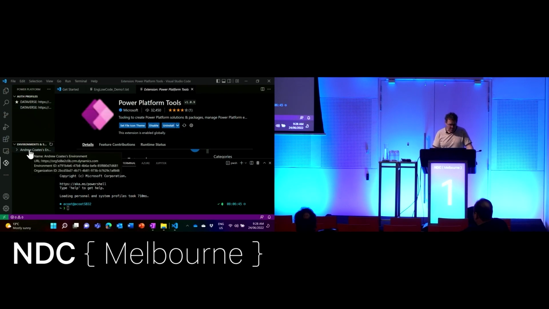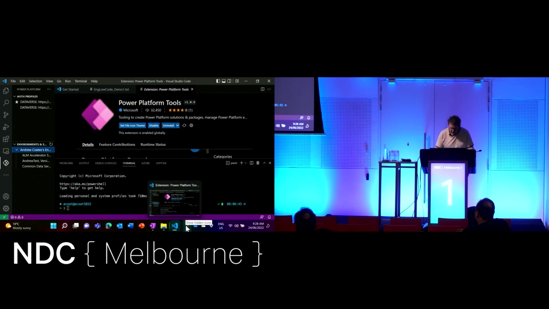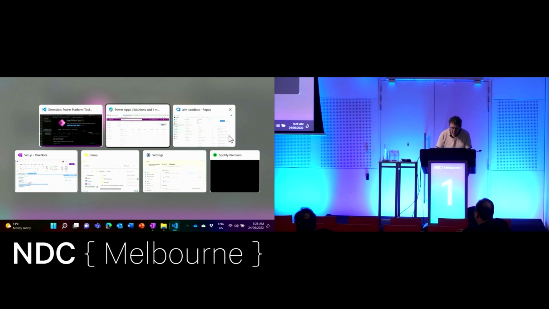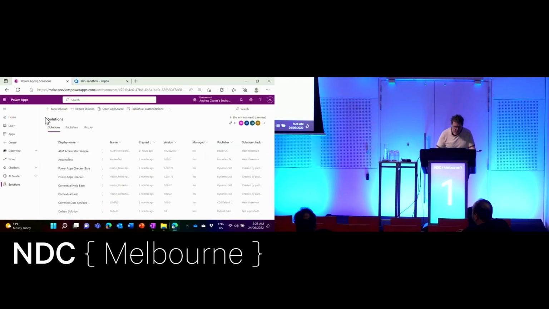But I have a demo environment, and the demo environment has got a number of solutions. In fact, my organization's got a number of environments that I've got access to, and that environment has got a number of solutions in it, in fact, 3. So if we duck across to here, you'll see that I've actually got these environments. I've got this environment, the Contoso and the Andrew Coates environment. And my solutions, I've got a number of them. But it looks like I've got more than 3. But you'll see here that there are only 3 that say they're not managed.